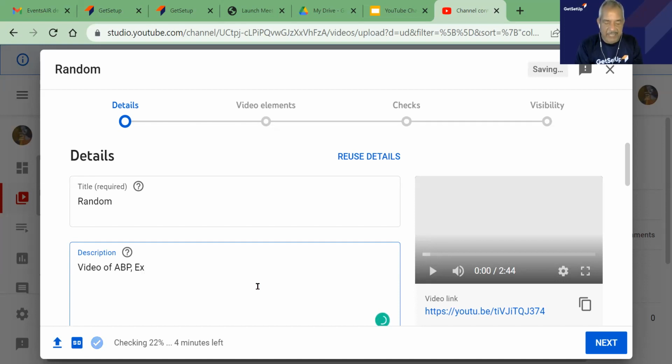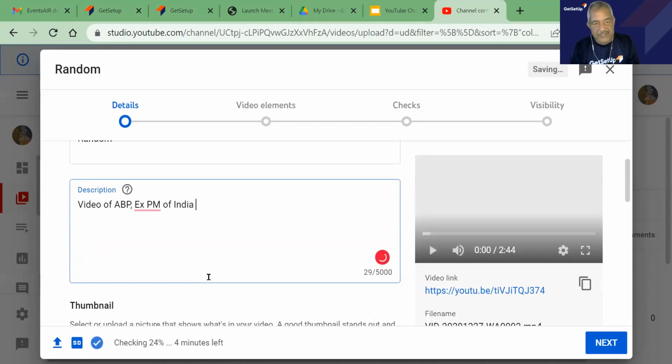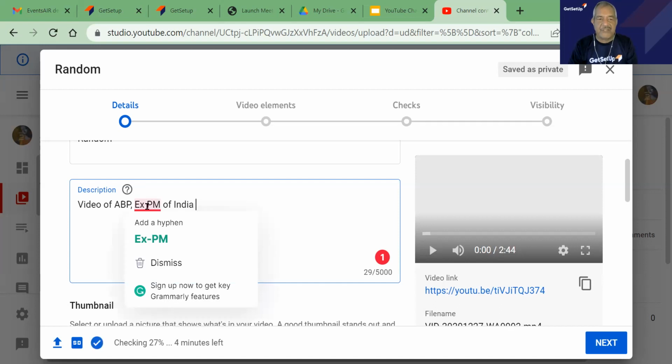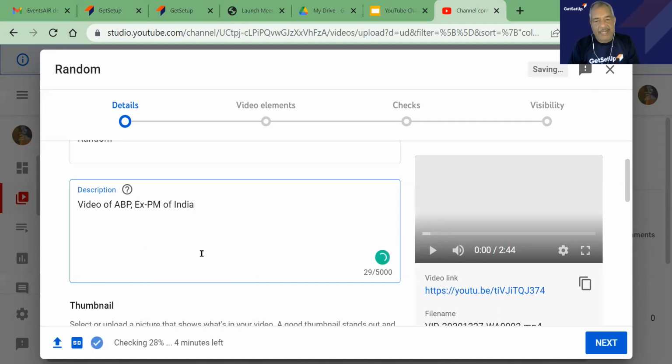Whatever we need to write, we write here, and in this description itself, we use hashtags also. Okay. We write down the hashtags in this description. The amount we can use here is 5,000 characters, including spaces. Okay. That is the amount that we can use here.